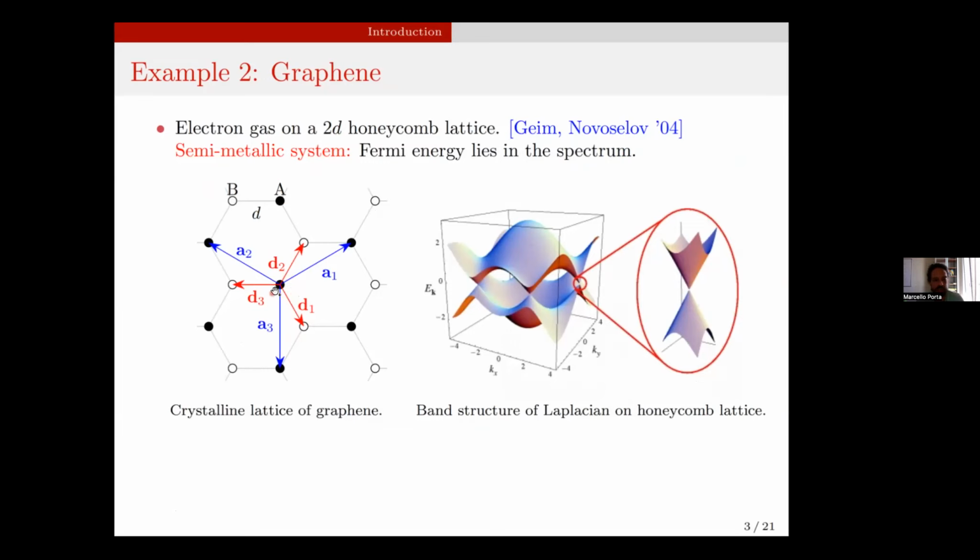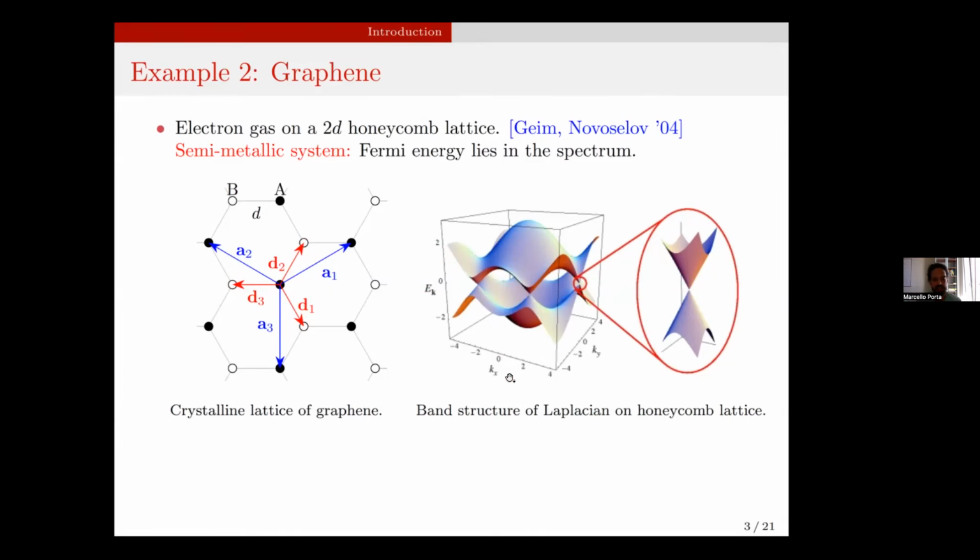Okay, so the model I'm referring to here is the Laplacian on the honeycomb lattice that only describes hopping of fermions from one site to its nearest neighbors. If you diagonalize this Schrödinger operator in momentum space, you can find out the energy bands of this Hamiltonian, and what you find are these two energy bands that touch at a number of inequivalent points. Only two of these points are independent because of periodicity on the Brillouin zone, and close to these points you see this peculiar relativistic, or if you want, linear behavior of energy as a function of momentum.